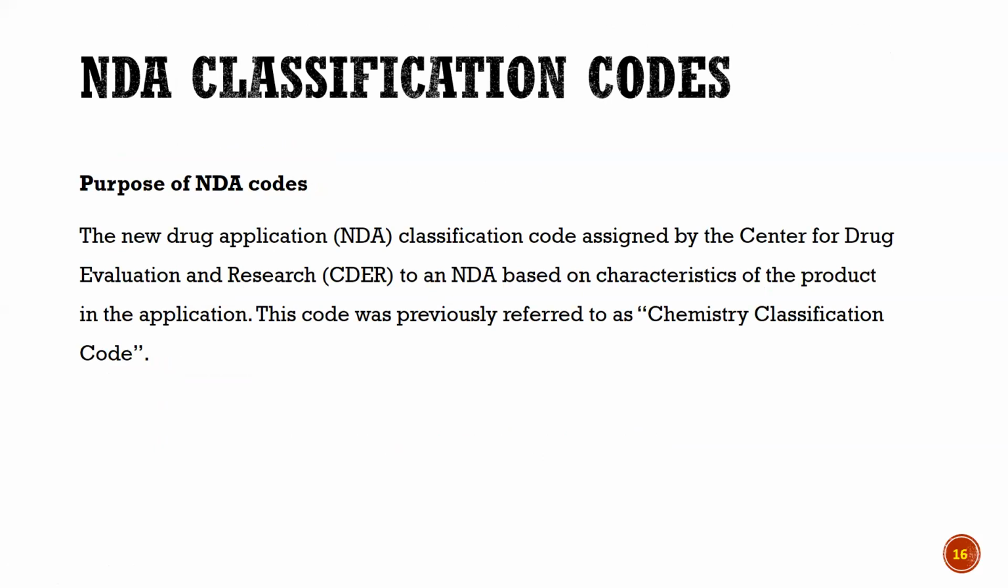The NDA code is the new drug application classification code assigned by the Center for Drug Evaluation and Research to an NDA based on characteristics of the product in the application. This code was previously referred to as the chemistry classification code. The purpose is mainly for review by CDER, the Center for Drug Evaluation and Research, of an NDA based on characteristics of the product. So there are 10 types of